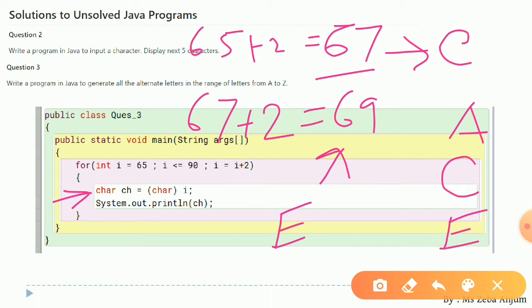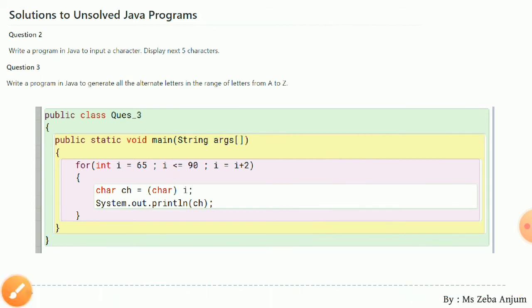And this procedure will be followed until i is less than or equal to 90, or you can say when we reach capital Z. So this is how you print every alternate letter. I hope the code is clear.